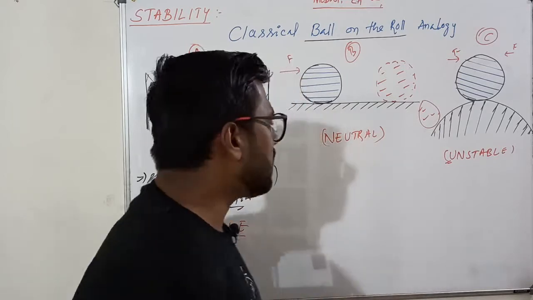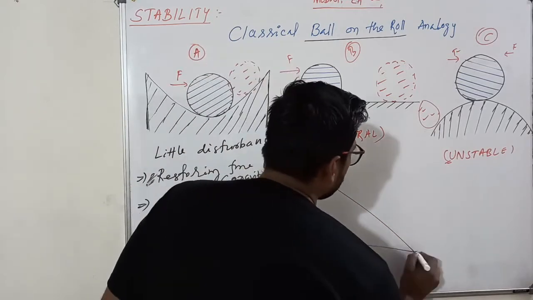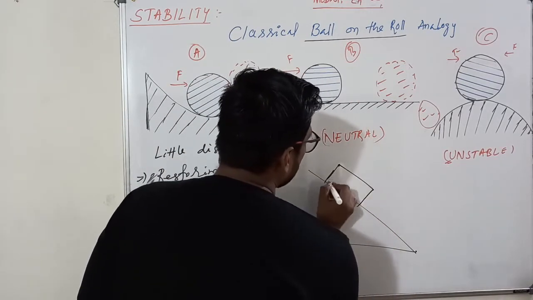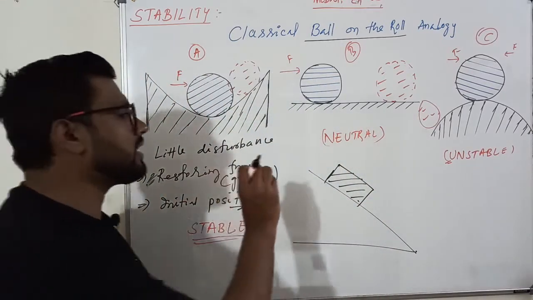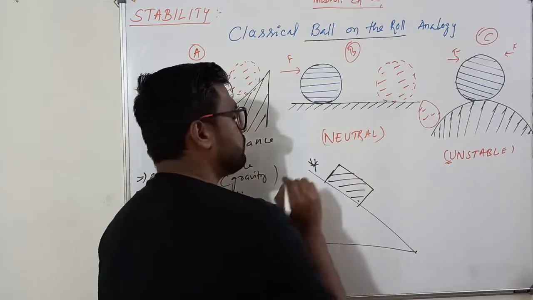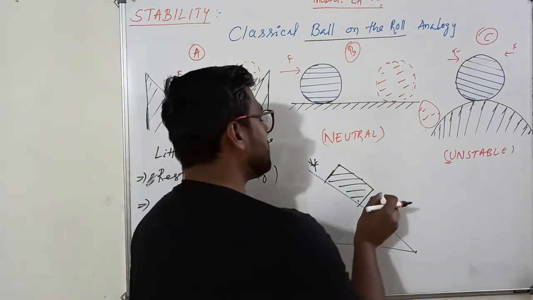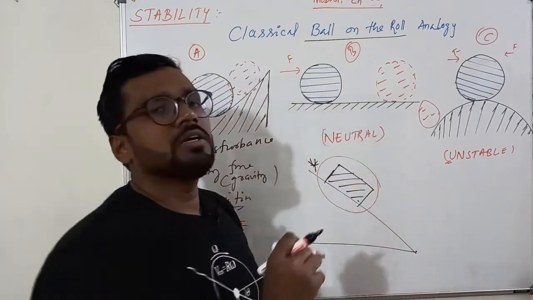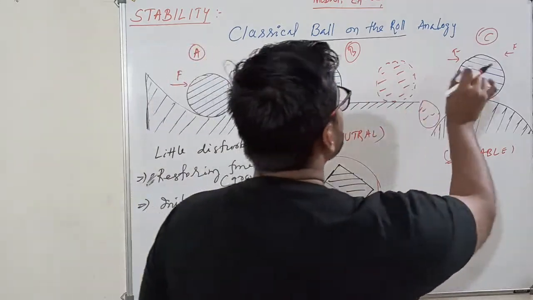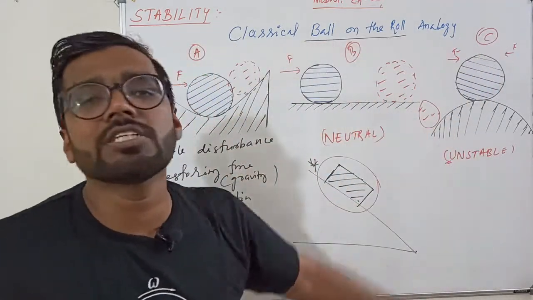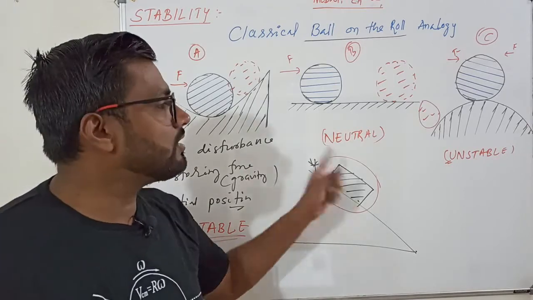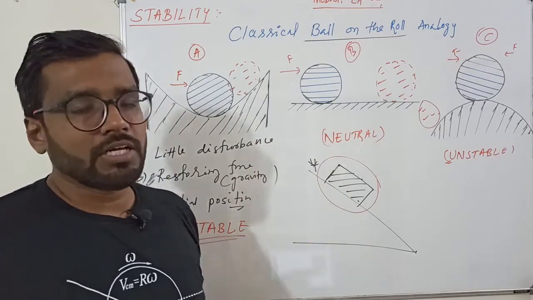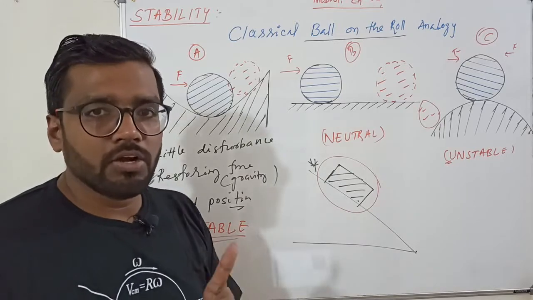Sometimes people ask, "Sir, what if there is an inclined surface? What if something is like this?" So under which condition is this? First of all, discussing this is out of scope. Why out of scope? Number one, this block is not in equilibrium at all. In all these cases, they were initially at equilibrium and we disturbed that. This is not at all in equilibrium, so we cannot discuss what type of condition this is. Got it?